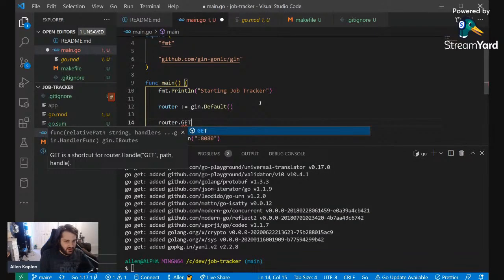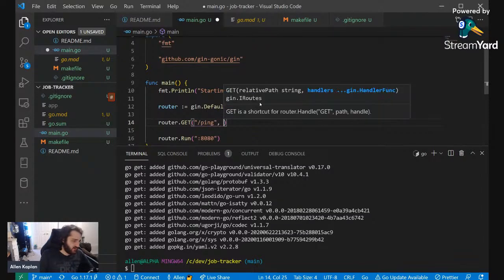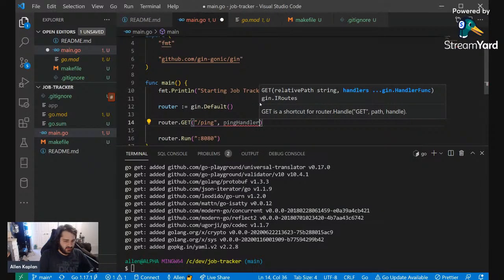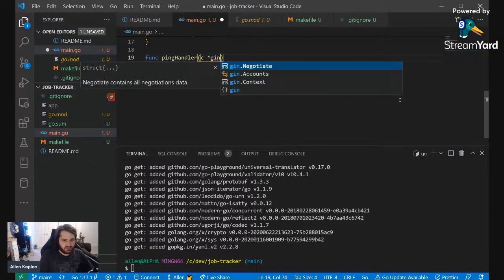So the next thing we're going to do is add our first endpoint to our router, and it's going to be /ping, which will let us ping it. It's going to take in the handler, so what's going to be called when someone hits the endpoint, and we're going to call it pingHandler. Let's go and define pingHandler right below. We're going to say func pingHandler. It's going to take in the Gin context,